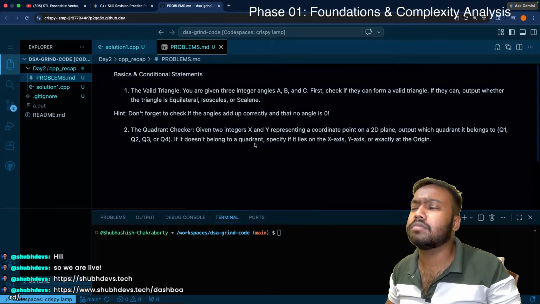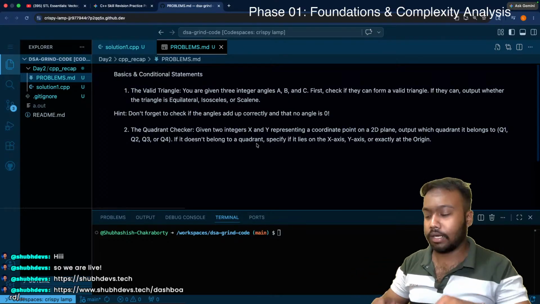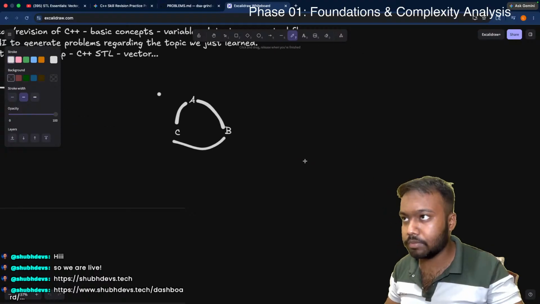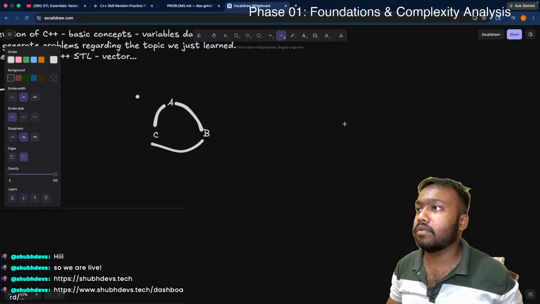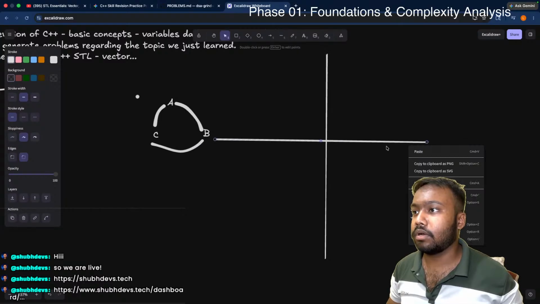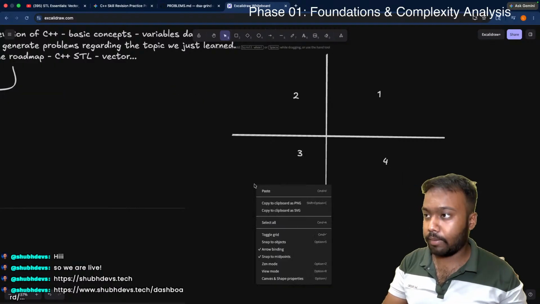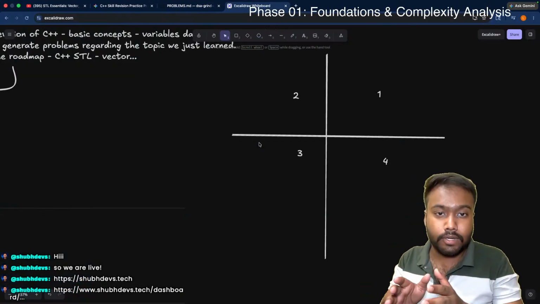wait, if it doesn't belong to any quadrant, but how, okay I understand, see what I'm trying to say is that line kind of confused me. Obviously imagine this as the xy plane, theek hai. So now it is saying we have this quadrant 1, quadrant 2, 3 and this is the 4th quadrant, alright. Now that is saying, when is the condition that we will say